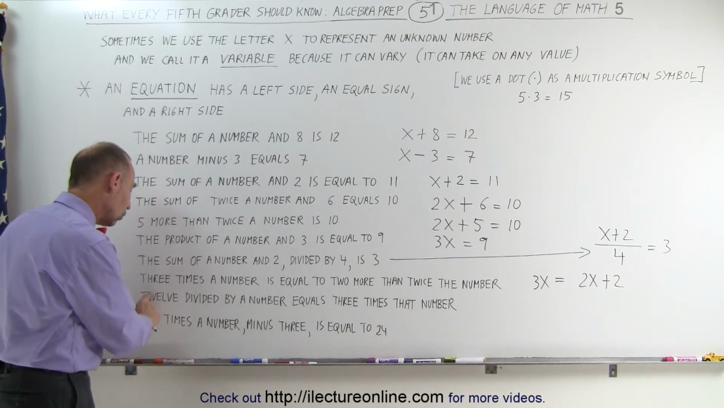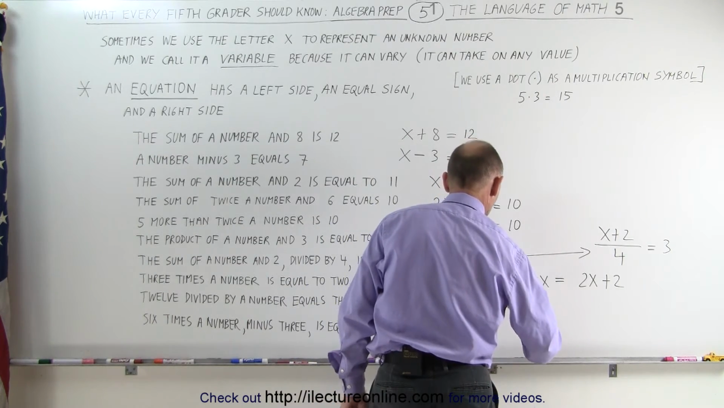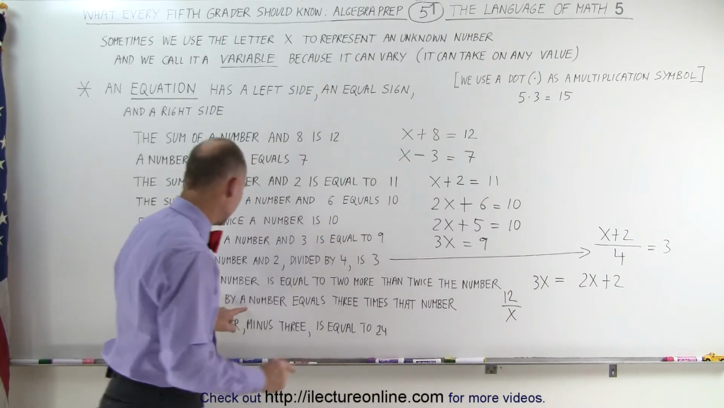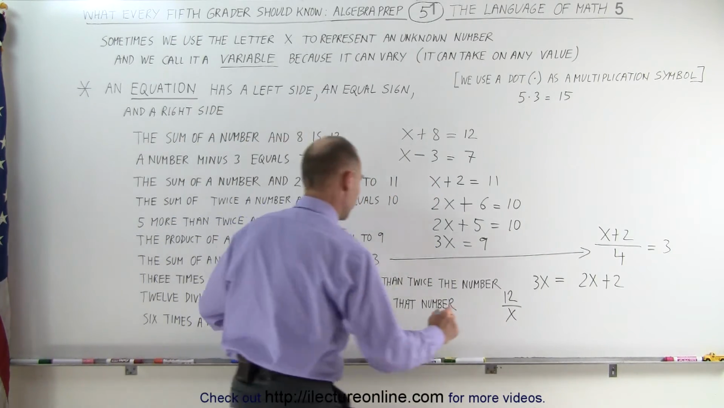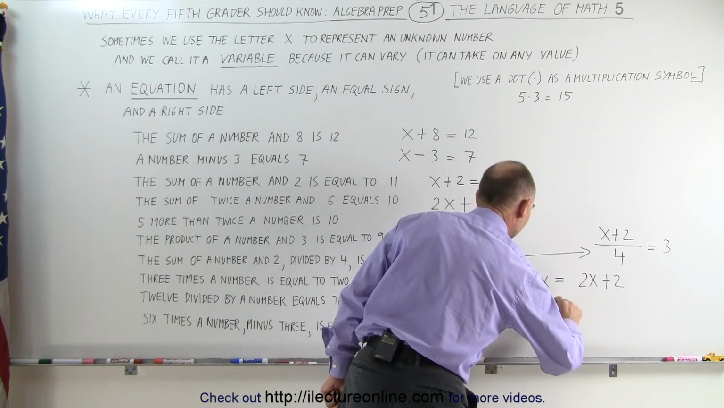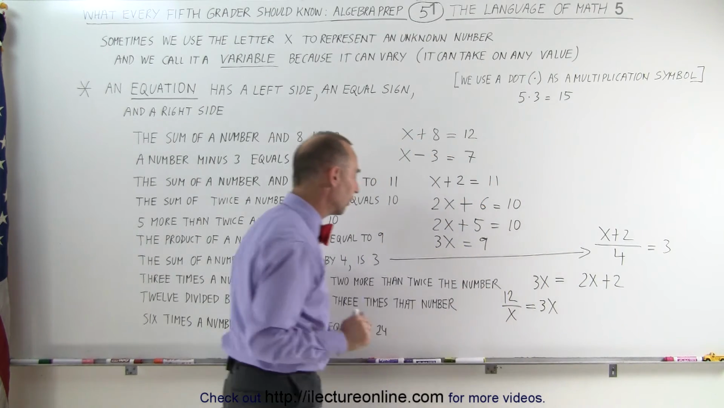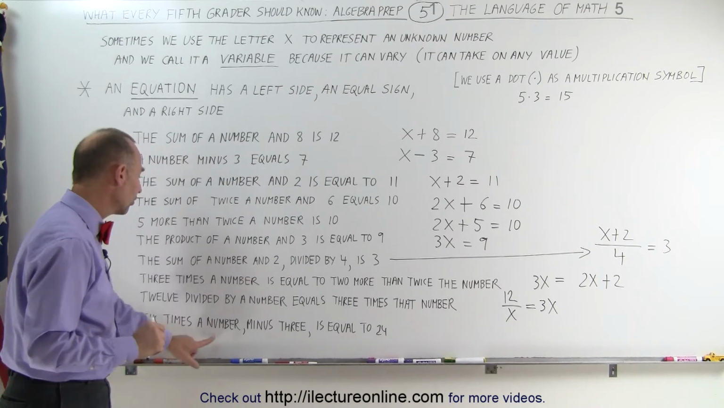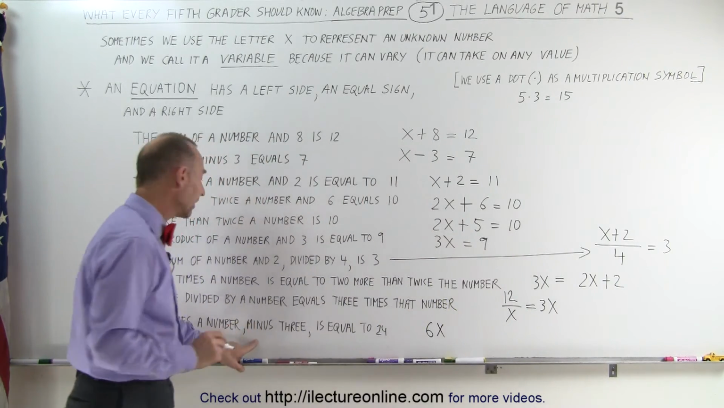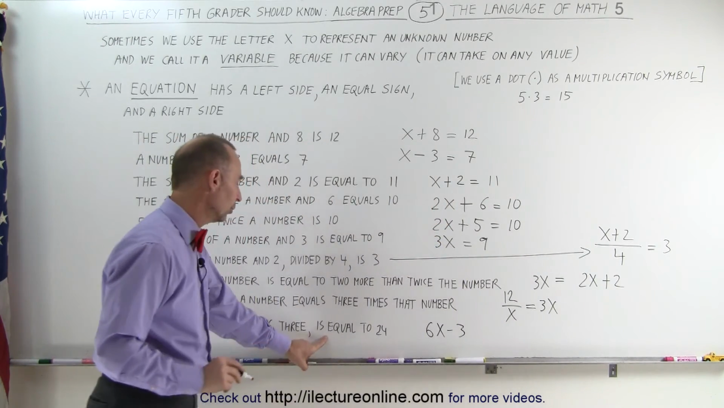The next sentence says 12 divided by a number. Okay, we take the number 12, and we divide it by the unknown number. This says 12 divided by a number equals, that means an equal sign, 3 times that number, 3 times x. So 12 divided by the unknown number equals 3 times that unknown number. And finally, 6 times a number, okay, we write 6 times the number x, minus 3, we're going to subtract 3 from that, minus 3 is equal to